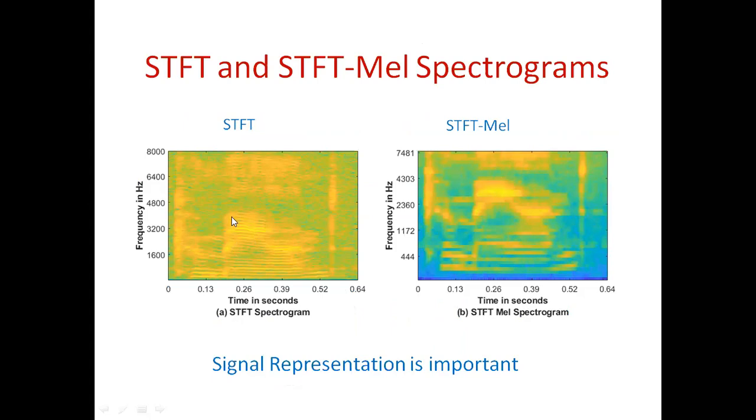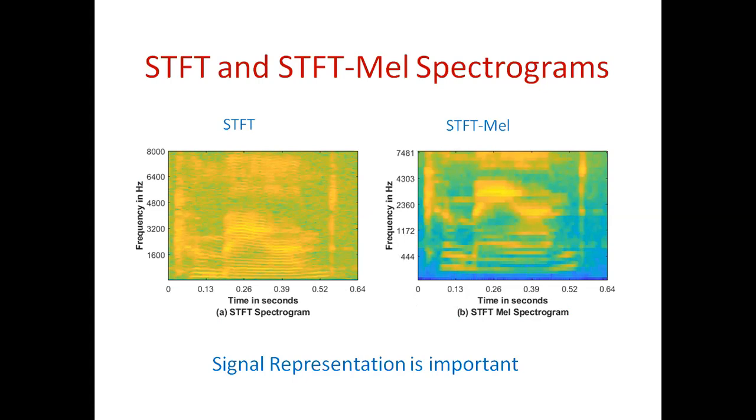This is the linear scale. You can see, from here to here, 1600, next 1600. They are uniformly spaced. But in the case of MEL, it is not so. See, from here to here, it is 444 Hertz. From here to here, there are a lot of frequency values. So always in speech signal processing, this MEL scale plays a very important role. The reason is it resembles the human perception mechanism.